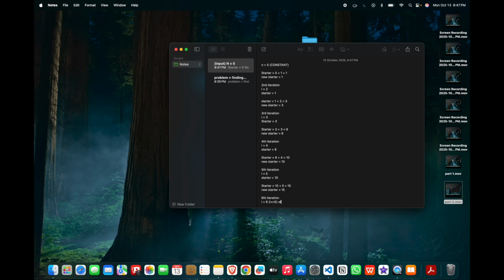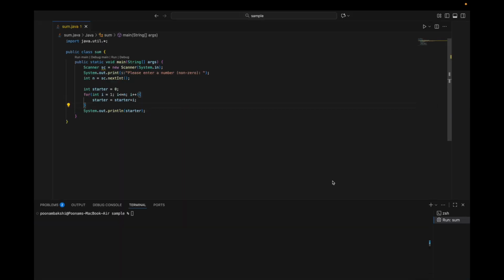So here it will stop the loop and then print the answer, which is 15, and here we will get our answer 15, which we got. Okay, so now this is our basic program that we're done with, and I guess it looks pretty good and pretty perfect,